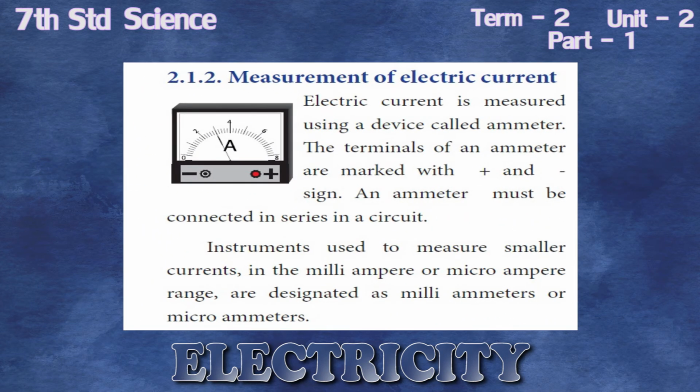We are going to measure the electric current now. The device used to measure the electric current is the ammeter. See this in this diagram. Now, the potential difference. An electric current can flow only when there is a potential difference. The potential difference between any 2 points of a conductor is the amount of energy needed to move 1 unit of electric charge from one point to another point in a particular time.